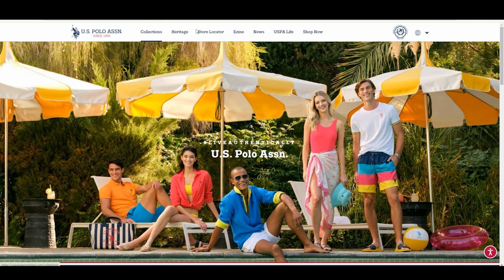Here, this horizontal menu is used on this clothing website. As you can see, it keeps the navigation simple and organized. And when we hover, we can see this submenu for more details. So this layout allows the user to easily navigate the site while keeping the design clean and visually appealing.